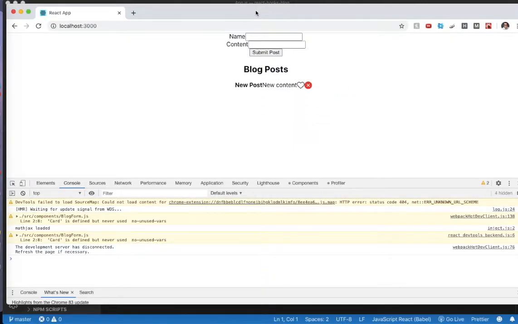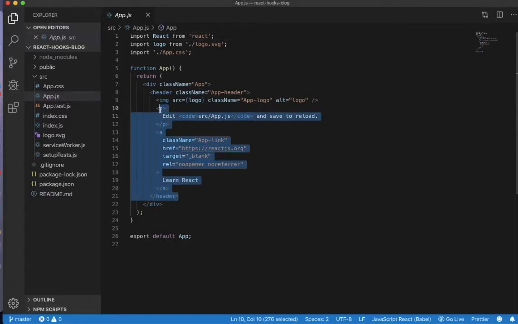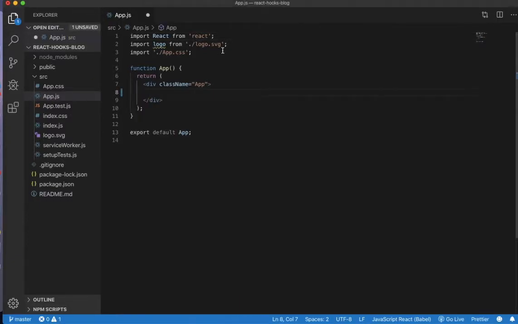This should be a few part series. So just to start, I have a basic create React app application. If you don't know exactly what that is, then I'll link it in the video description. But this is the boilerplate where we're going to delete a lot of the stuff, just so we have the very, very basic application. So we can get rid of the CSS and the logo,